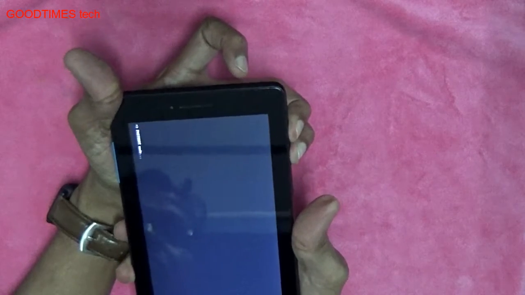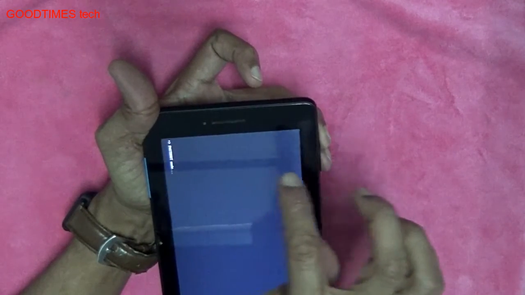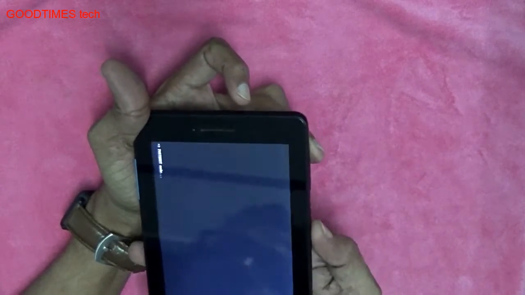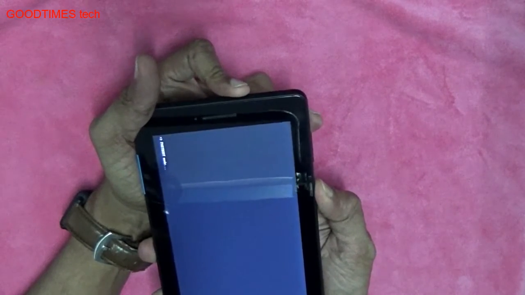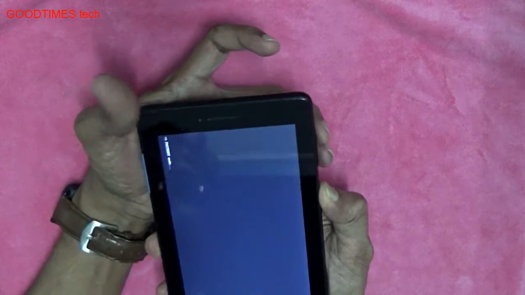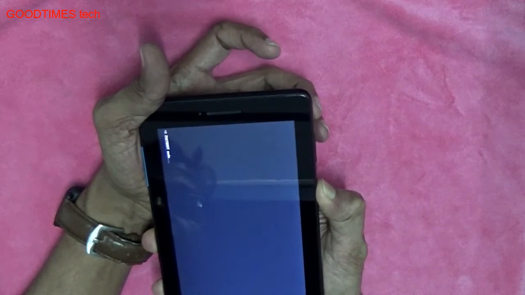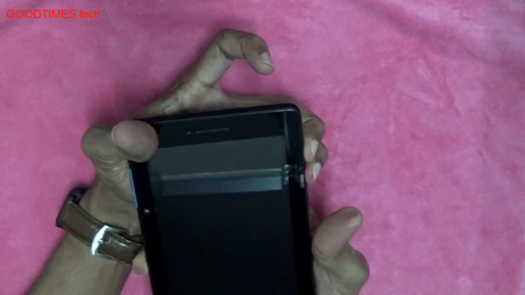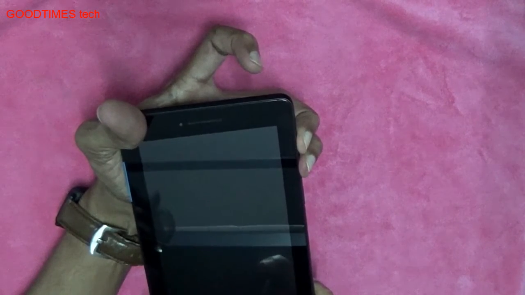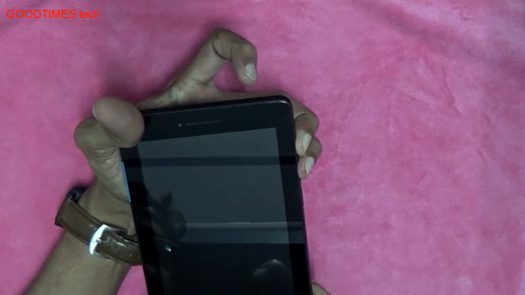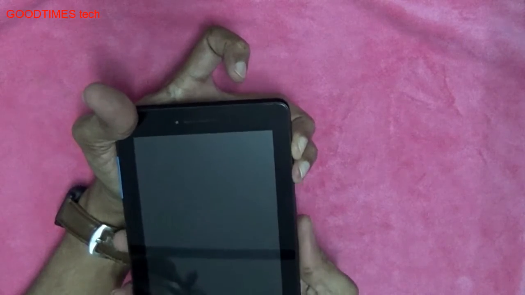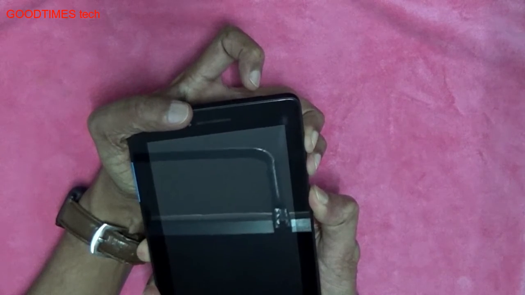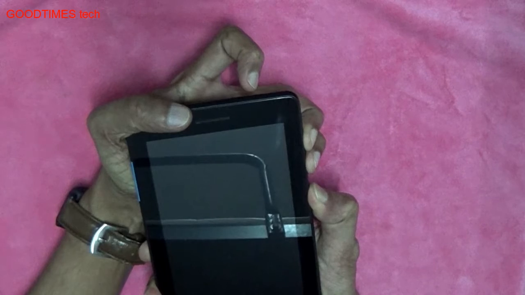As you see, we are now seeing only the fastboot mode, which means only the volume plus key is working. The volume minus key has some problem, so I need to press the volume minus key hard. Just press and hold the power key for more than 10 seconds.